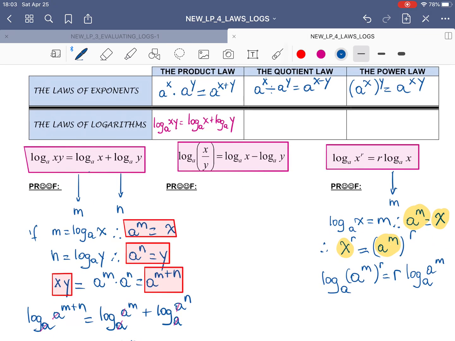So let's do some simplifying by using properties. This log will give just the exponent, and this log will just give the exponent there, and we end up with the product mr on one side and r times m on the other. So mr and rm are the same. We're going to say left side equals right side, which proves very nicely what we were trying to prove here, right? Now, when it comes to the quotient rule or quotient law, it's kind of easy to prove by combining